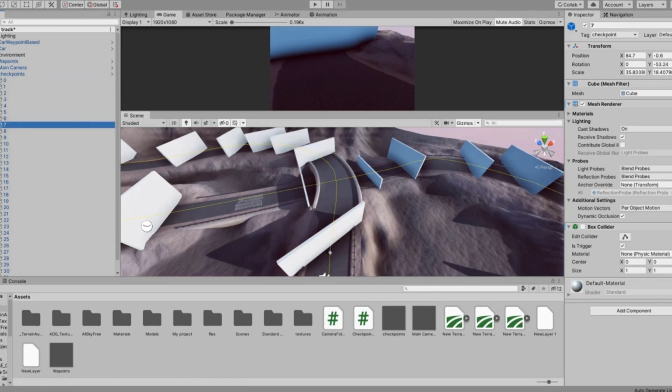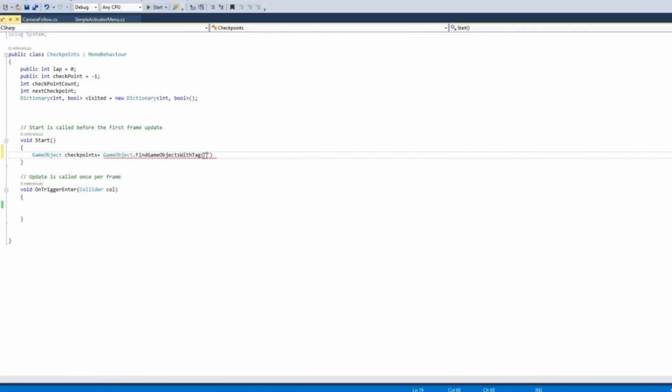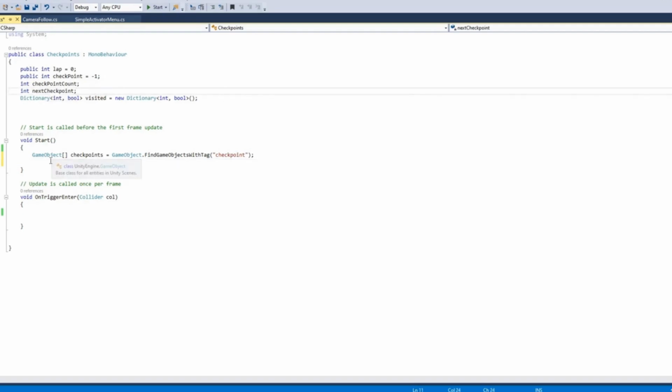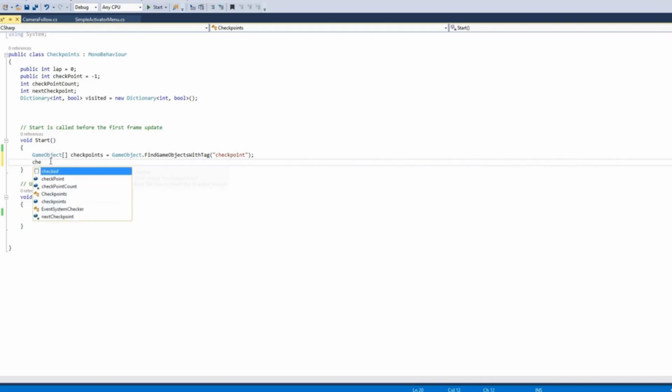So we will find all the game objects with the tag checkpoint. And this will be stored inside a game object array. This will be the array and it will store each checkpoint. Then we will find the length of this array. To store the length of this array, we will use this previously declared variable, and this is the checkpoint count. It will store how many checkpoints we have.